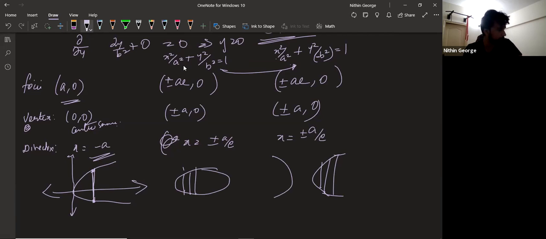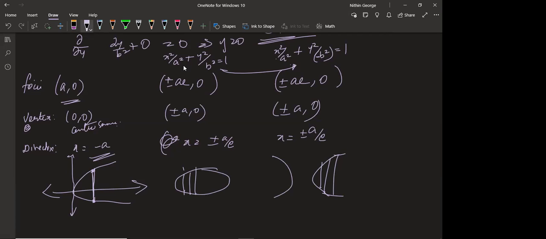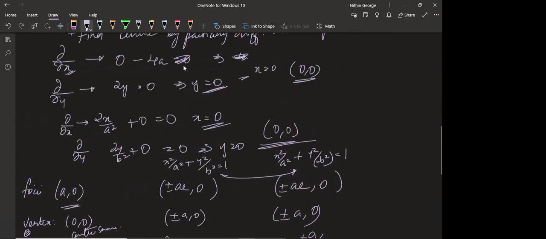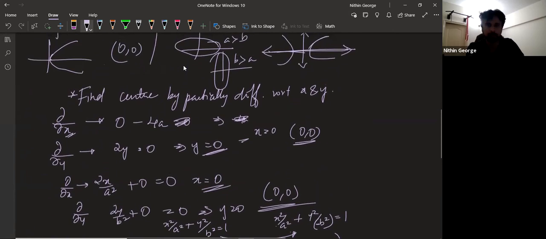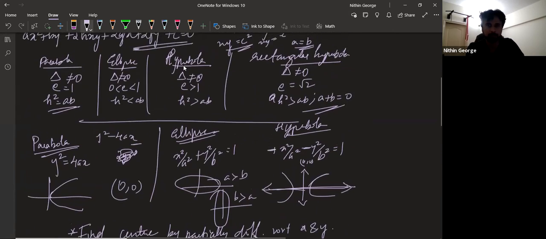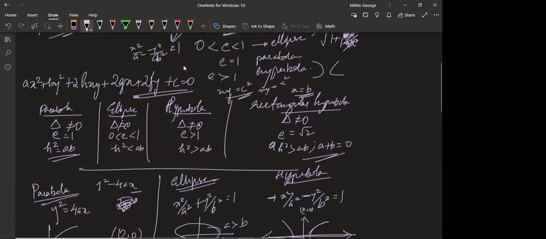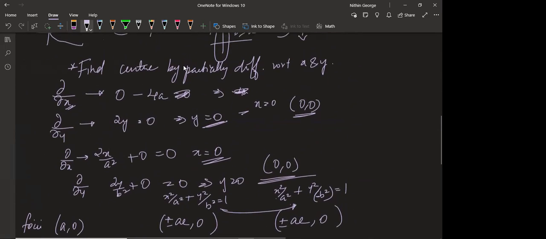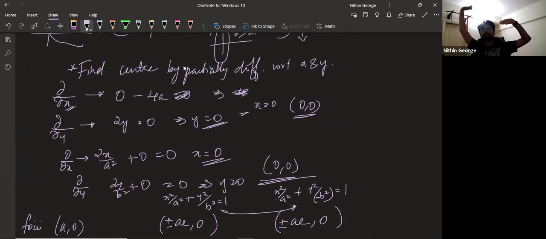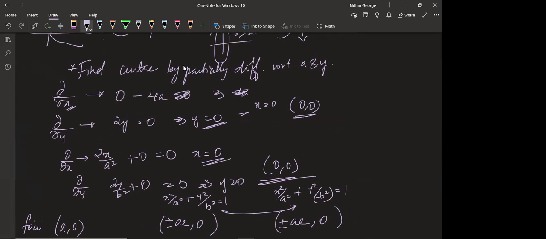Guys, do you have any doubts as of now? No, sir. Sir, can you scroll up for a second? Yes. Partially differentiating part or the one before that? The partially differentiating part. Okay. So I gave a better example in the pair of straight lines class. This was just to reiterate what I said. Sir, can you explain what double ordinate is again?